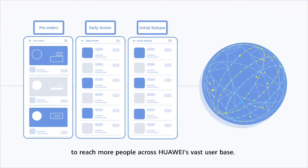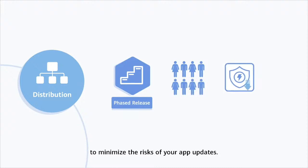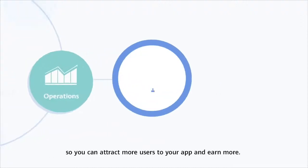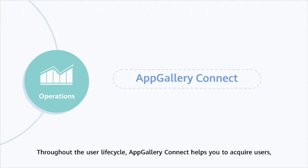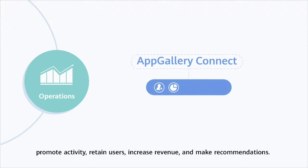to reach more people across Huawei's vast user base. You can also try our phased release service to minimize the risks of your app updates. We also provide you with a variety of operations services, so you can attract more users to your app and earn more. Throughout the user lifecycle, AppGallery Connect helps you to acquire users, promote activity, retain users, increase revenue, and